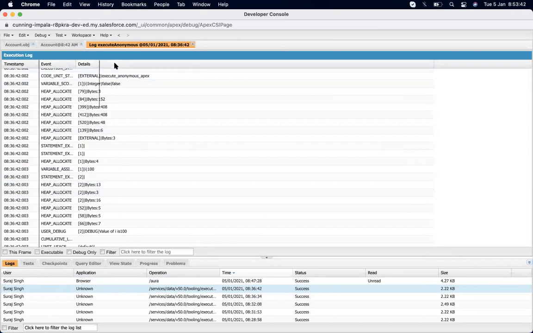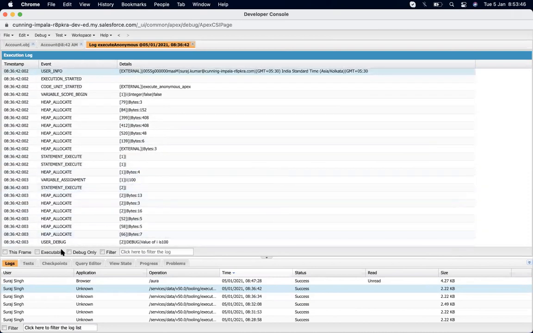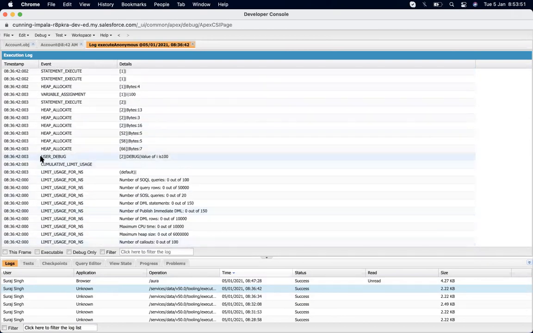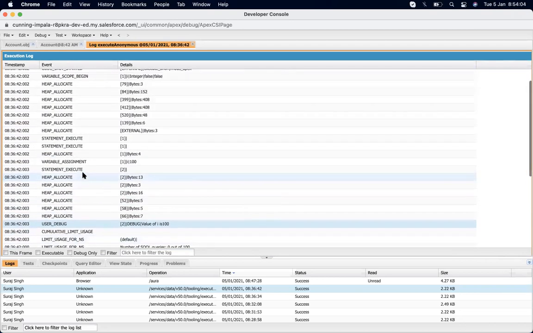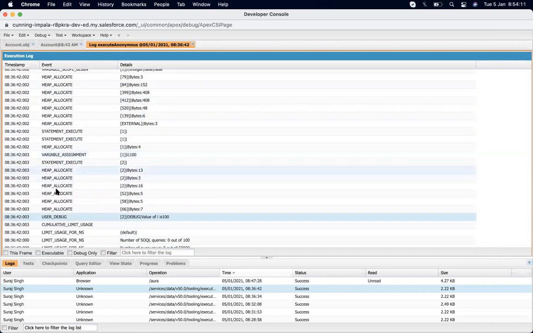While we are reading logs, the first thing that comes to mind is where we put our user debug. For that, filtering is the most important thing. Usually while debugging, we have to filter for where we put our logs. Whenever someone is working on the logs, they might get confused because so many things come up there, like heap allocated, that have nothing to do with that.